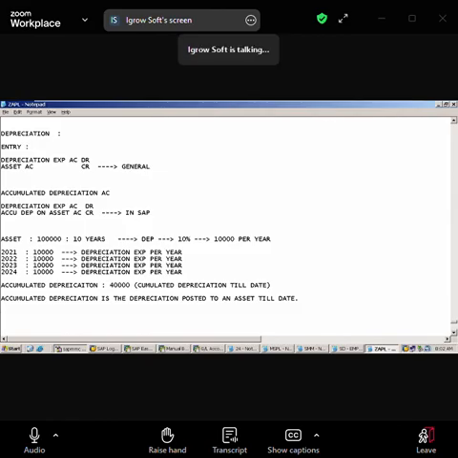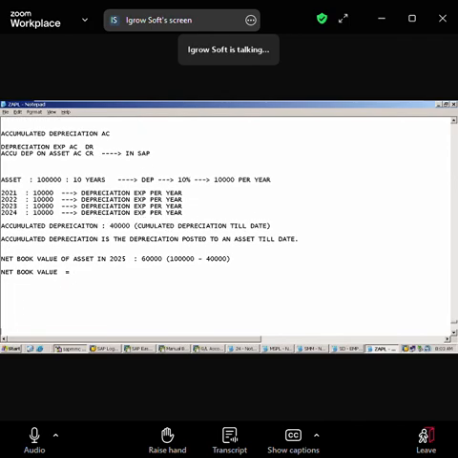So what is the net book value of the asset in 2025? 60,000. How did you get the 60,000? 1 lakh minus 40,000. Four years, 40,000 accumulated depreciation. So what is the formula here? Net book value of the asset is equal to